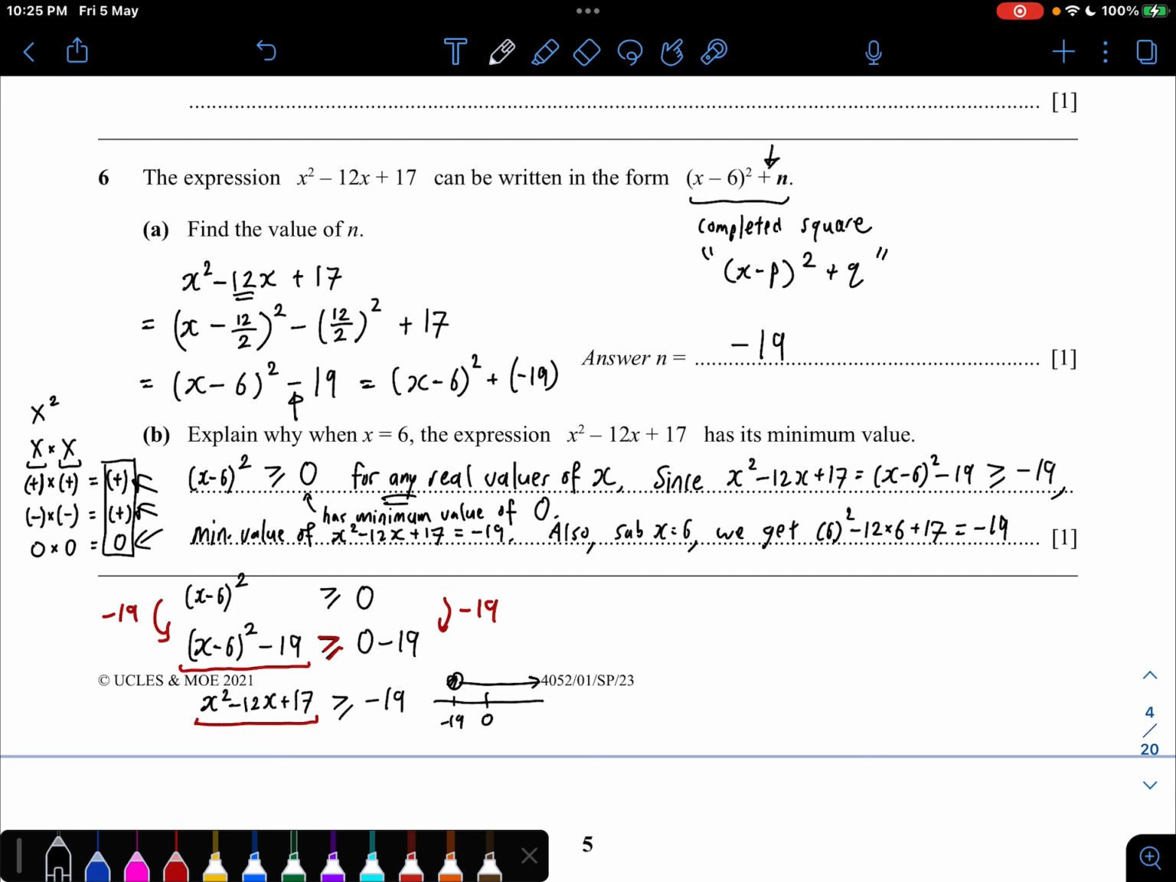So there we go. We answered the question. If we substitute x equal to 6, we get negative 19, which is the minimum value. But of course, why is it the same as that minimum value? It's because substituting x equal to 6 into this original expression,